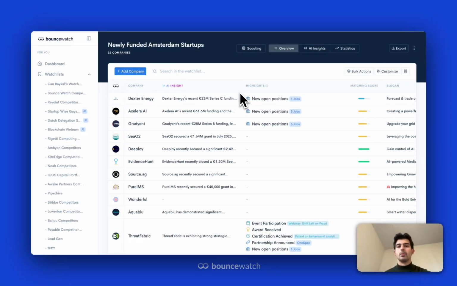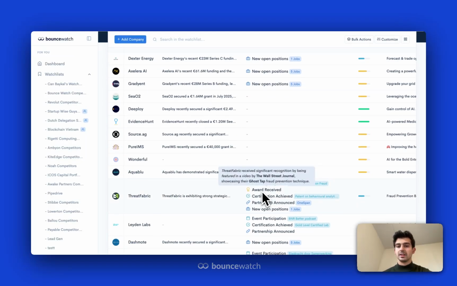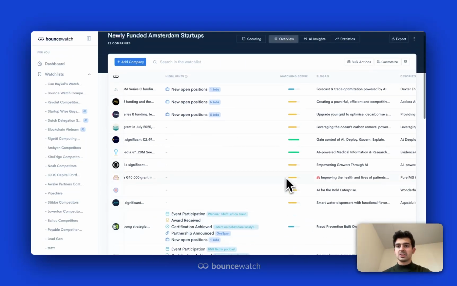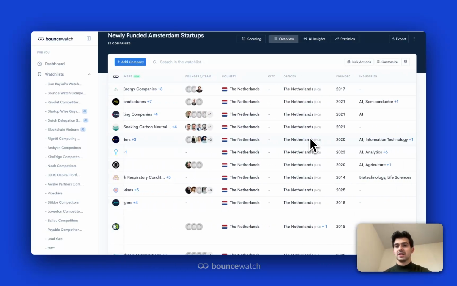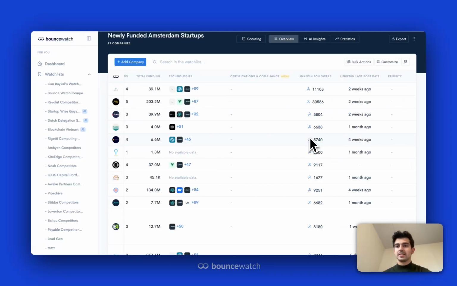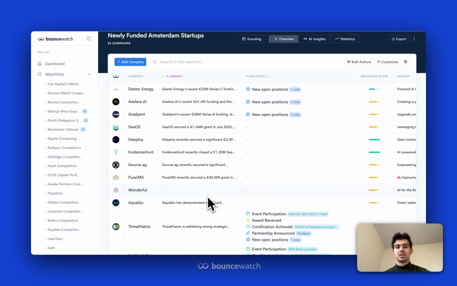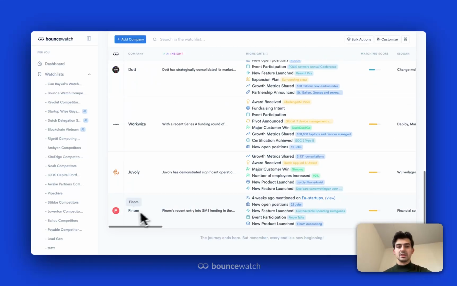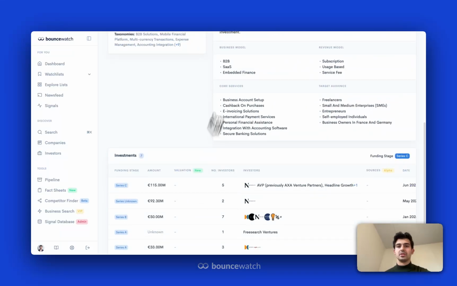and with all of their important information such as their AI insight, their highlights with their latest signals, their matching score, their slogan, description, services, target customers, founders and team, and all of the relevant information that you are interested in. So when you click on one of the companies, you have immediately the company profile with their business model,